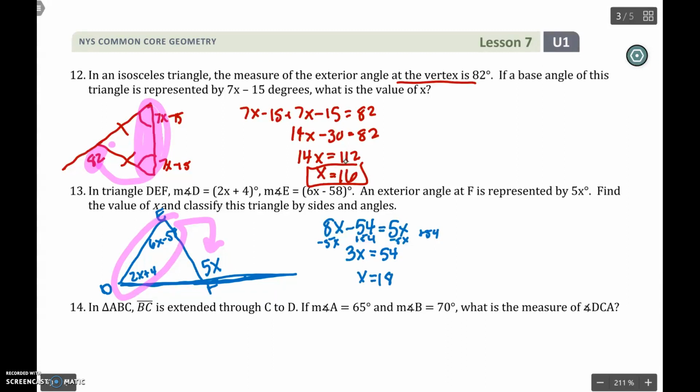I'm going to sub those back in. 6 times 18 minus 58 is 50. 2 times 18 plus 4 is 40, and 5x would equal 90 when I plug it back in. Remember, there's a linear pair here, so this would also be 90, and we're going to classify it. Makes it right, and I'll